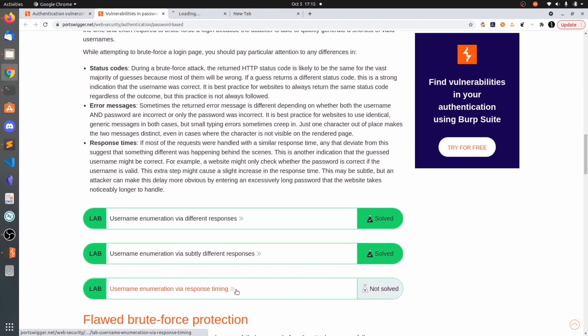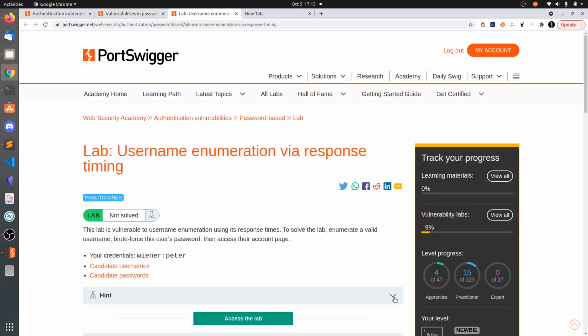Let's do this response timing. So I did not get this answer correctly. So here is the concept. First, if there is a correct user, you send the credentials like admin and admin, and if there is an admin user in the database, then the web server tries to validate the password.